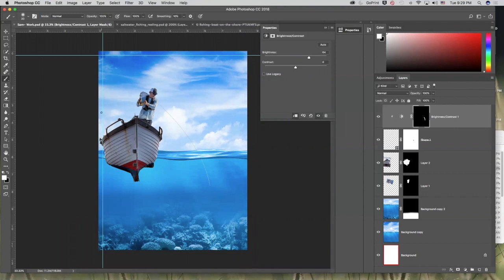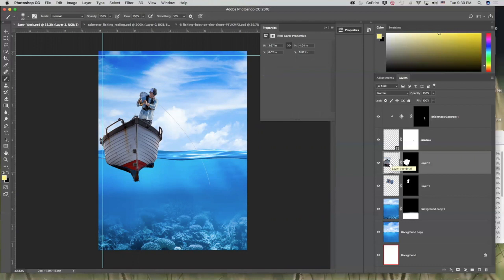Then the next thing I want to do is make it so that the water is above the boat, so there's more transparency of the boat. This is pretty simple. Everybody does things differently, but what I would do is duplicate this boat,